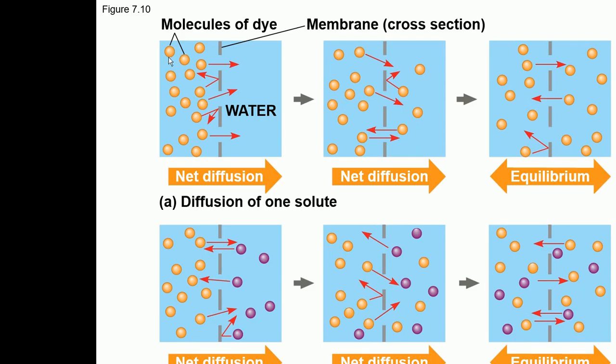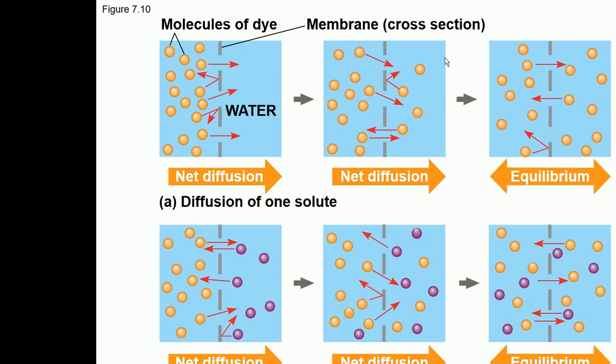So here is an example. Suppose you have a glass of water and you add a drop of blue dye. Initially there will be a drop of blue dye, and then eventually you will see that the drop of dye is going to all diffuse out. Here you can see that these are the molecules of dye. They are in high concentration here, and slowly they diffuse, which means the molecules of dye will move from high concentration to lower concentration, and they will all spread out.